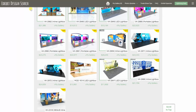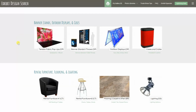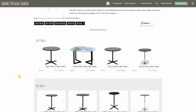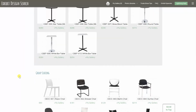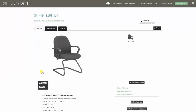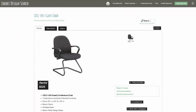Now for the 2 updates. CORT galleries. This update is a work in progress. The 2 furniture rental galleries featuring CORT products have been edited extensively, including descriptions and prices. But there's more coming. In the next 30 days, we're adding even more of CORT's newest designs, more than 80